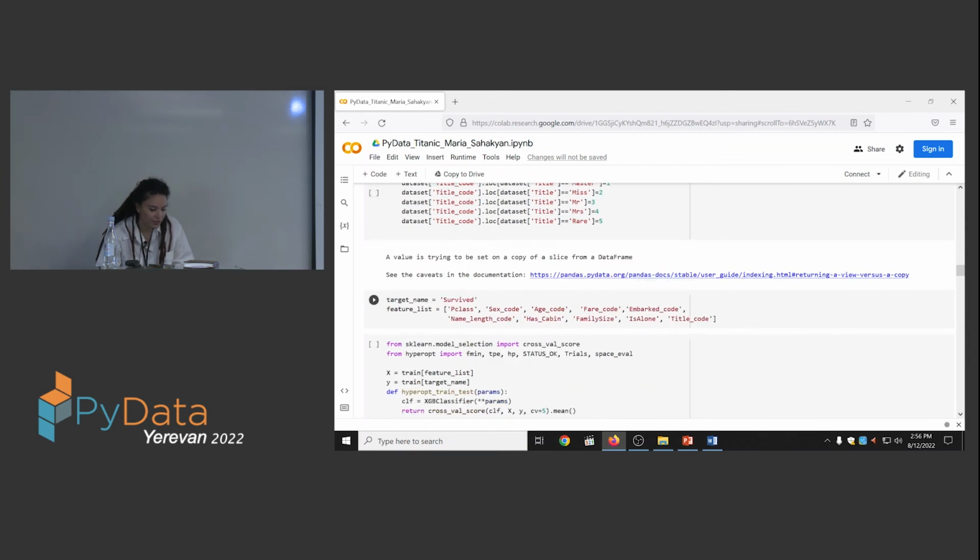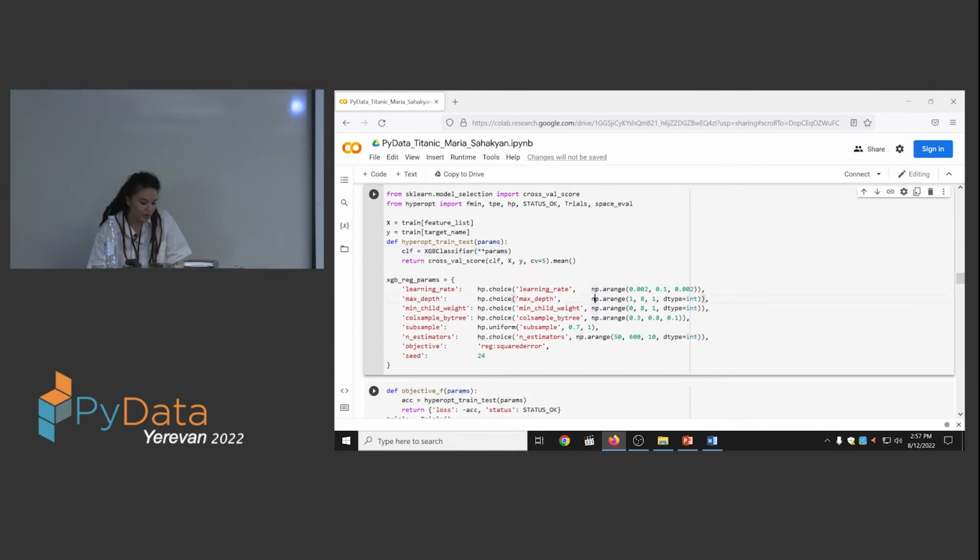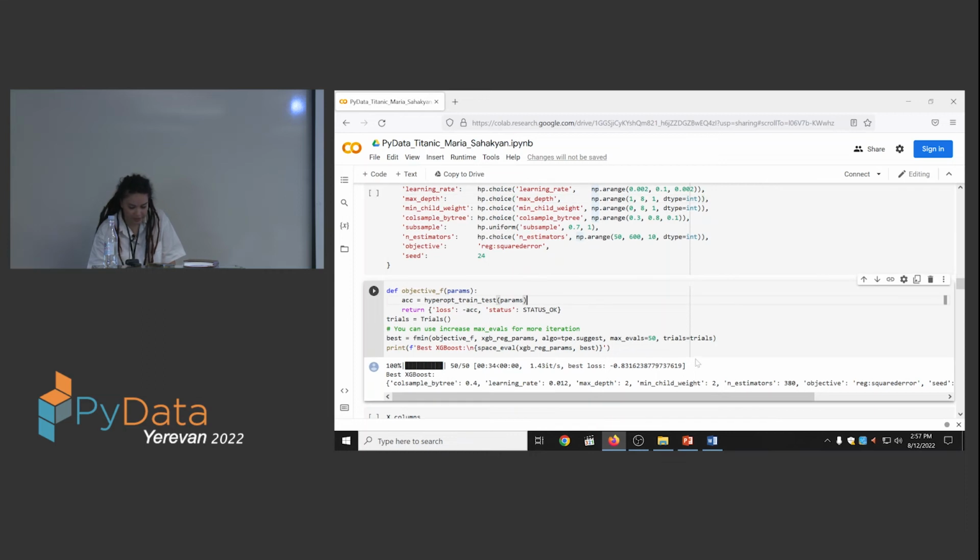After that, in this example, let's say we need to predict if a person survived or didn't survive based on the variables we have. So we need to use some machine learning model for that. In this case, I used an XGBoost classifier. XGBoost is a gradient boosting based model. So it was trained, and we see that the prediction accuracy was 0.8.